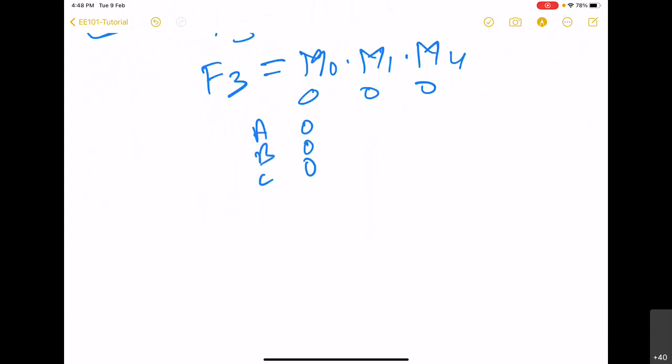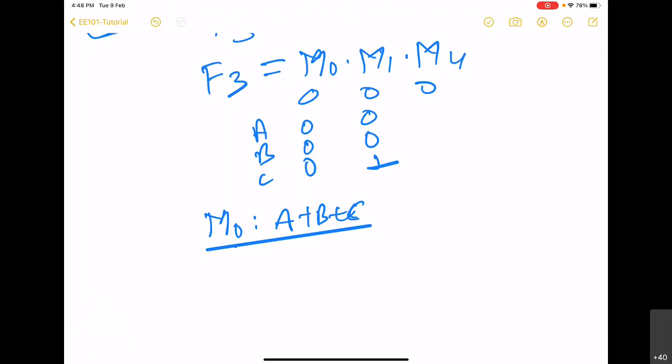This is A, B, C. If this input occurs, that M0 value is going to be 0, because M0 is represented as A plus B plus C. This is the min term 0, and when you have 0, this M0 is going to be 0. Similarly, M1 is going to be 0 when you have 0, 0, 1. And M4 is going to be 0 when you have 1, 0, 0.